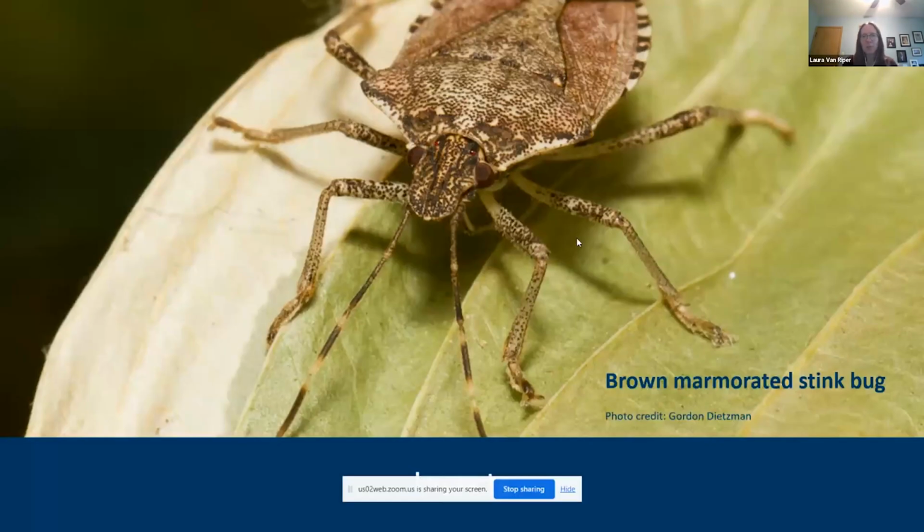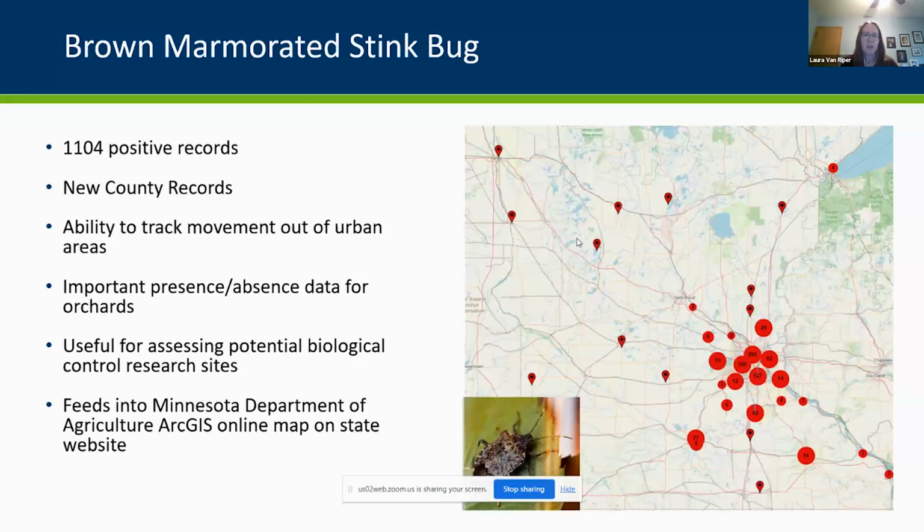So let's get into some of those species examples. Here we've got the brown marmorated stink bug. Insects are regulated under our Department of Agriculture, so they've found EDDMapS helpful for tracking brown marmorated stink bug. If you look at the map, that big cluster of reports is the St. Paul, Minneapolis metro area. And it's been helpful for them to see how brown marmorated stink bug is spreading outside